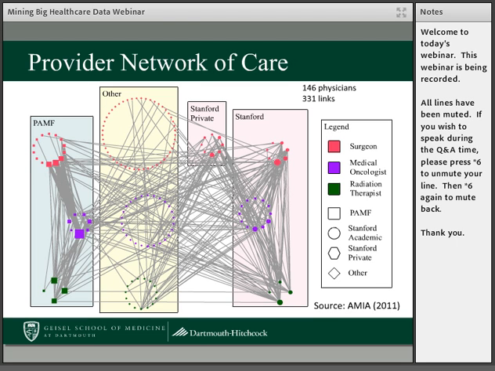And then, as I said, we have the two sites, and the size of the node you see here is equivalent to the number of patients that physician saw, and the thickness of the line indicates how many patients they shared. So if you just look at the PAM side, you'll see there's one medical oncologist who is really a key person in their network, where many of the surgeons are referring to that medical oncologist, who is also connected to a lot of the radiation oncologists as well.